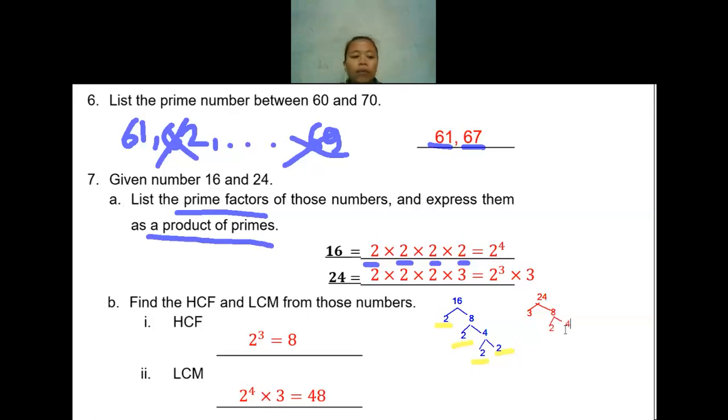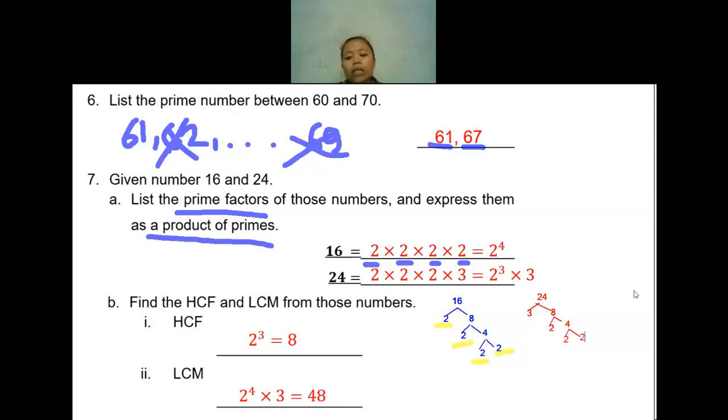Is there anyone having difficulties on making a factor tree? Whenever you find any number that is not a prime number, you have to break down all of them, break down into how many times how many, until the number below the branches you cannot break down anymore. You can say, teacher, 2 is 1 times 2. Yeah, 2 is 1 times 2, but number 1 is not a prime number. That's why number 1 cannot be there on the factor tree.